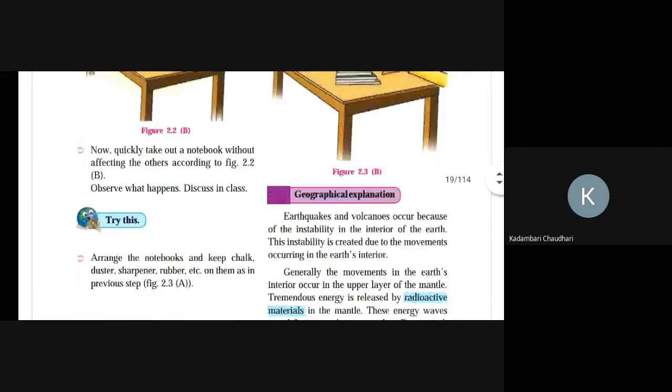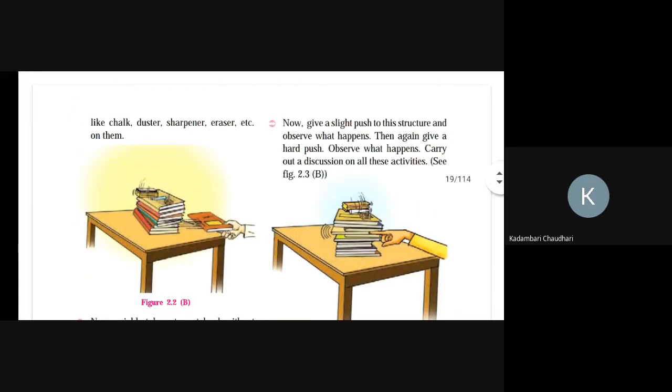आणि नंतर तुम्हाला काय करायचं आहे, now give a slight push to this structure. आता हे जे काही पूर्ण स्ट्रक्चर आहे तर त्याला काय करायचं आहे, त्या स्ट्रक्चरला तुम्हाला एक स्लाइटली पुश द्यायचं आहे. त्याच्यातली एक जी नोटबुक आहे तिला एक बोटाने तुम्हाला थोडस हळूहळू लोटायचं आहे आतमध्ये. त्याने काय होईल, सर्व स्ट्रक्चर वरच हलेल. ओके. That structure will fall apart. ते स्ट्रक्चर पुन्हा खाली पडून जाईल. ओके. बेसिकली व्हॉट वी आर डुईंग,